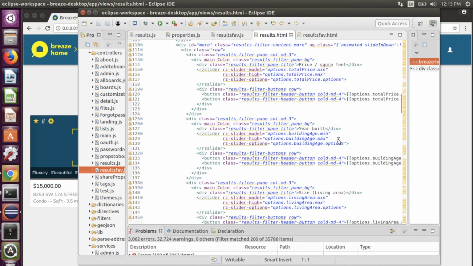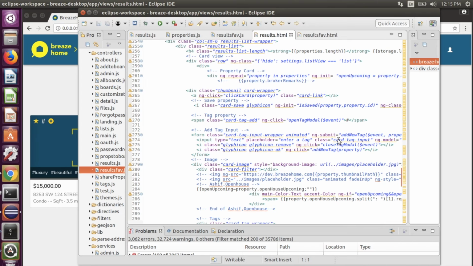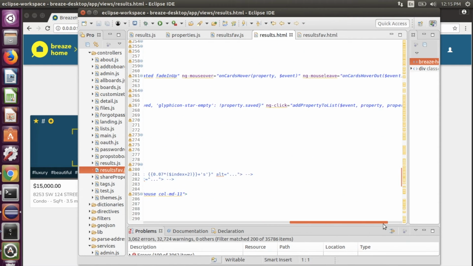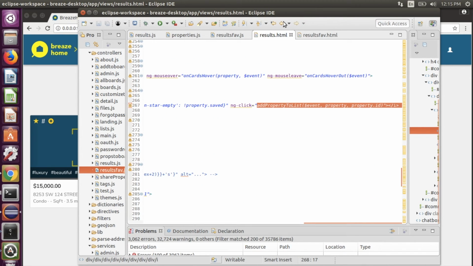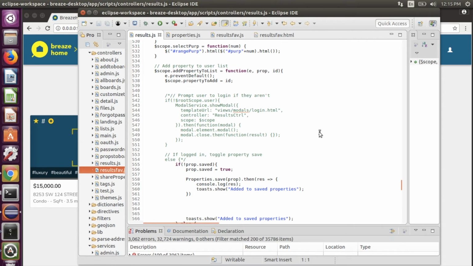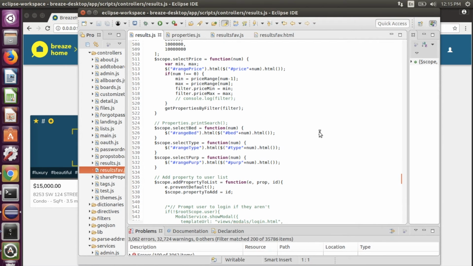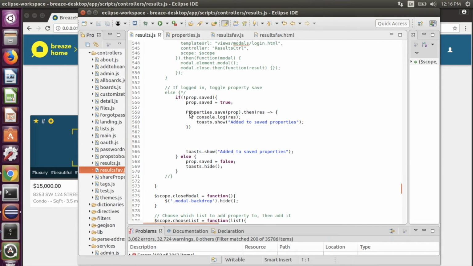When the user clicks on the star, which is found here, line 267, card save graphic icon, basically it takes you to this function, which is add property to list. And then in the results.js file, we can go here into add property to list, and then here it calls properties.save prop, so the actual property,